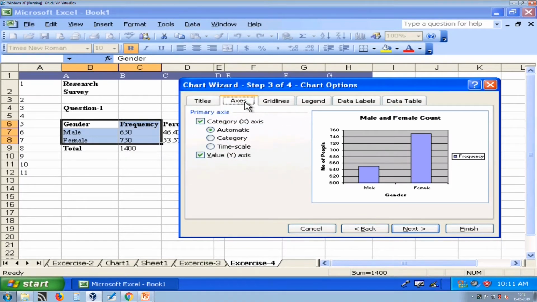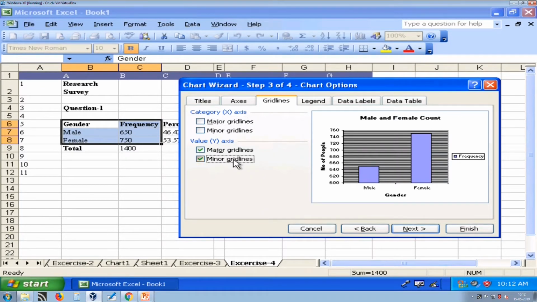Now, go to axis, we want to use automatic. Here you can see, if you use major grid line and minor grid line, it shows in the background. Similarly, for the y axis you can use major or minor. We want to use major gridlines, which help you to identify the value nearly.